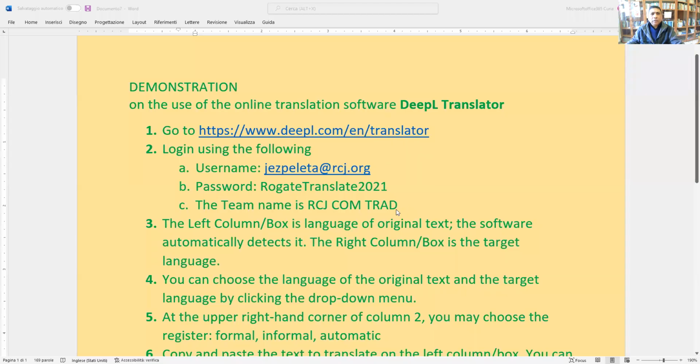Hello, I would like to demonstrate to you the use of DeepL Translator with access to the account of the translation commission at the General Curia. So first of all,